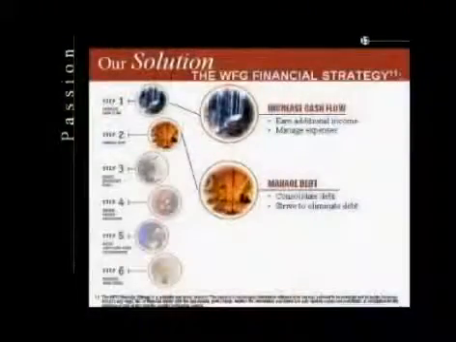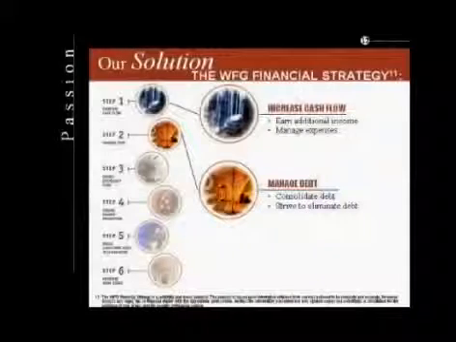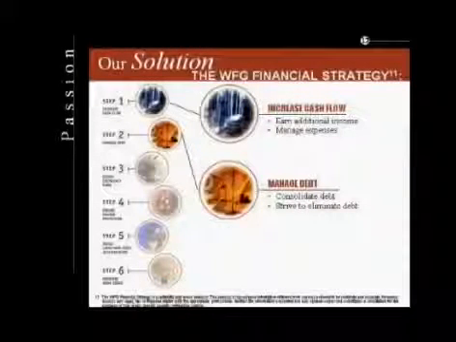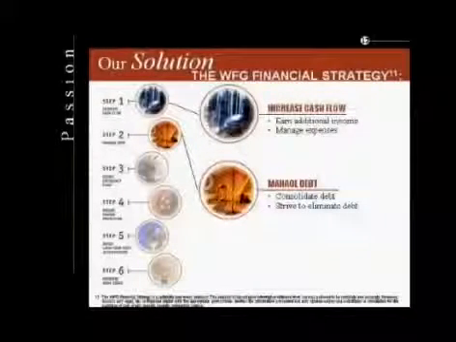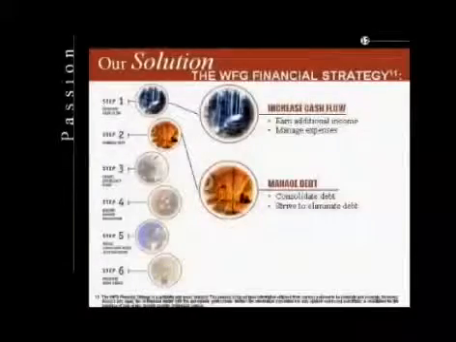So what we've done as a company is come up with a 6-step approach to planning out somebody's financial future. It's called our financial strategy, and it sounds a little bit like this. Step number 1, increasing cash flow. With that point alone, we start to take a look at the 2 components of cash flow, how much money you have coming in and how much money you have going out. Now, we don't think that anybody has a money problem that making a whole bunch more money couldn't solve, and that may be one reason you're down here tonight, is to find out how to make additional income.